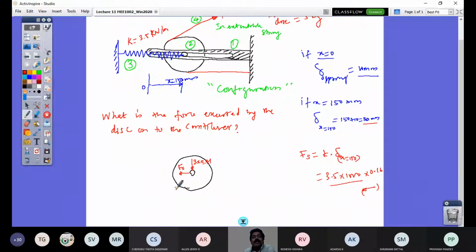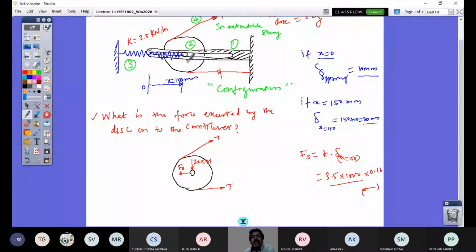And what else? Active forces: the disc has here a tension. And when I have to isolate this, I have to cut this string as well here. So I will have here as well a tension. So that tension would be drawn here. So there is a tension here like this. And are there any other forces? Of course, what is asked to be represented now. So that is my reaction.